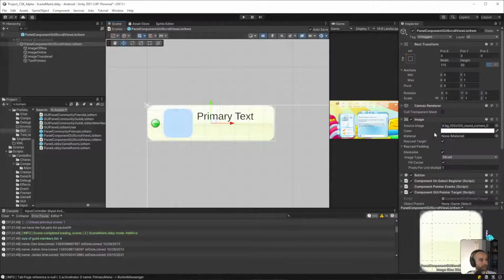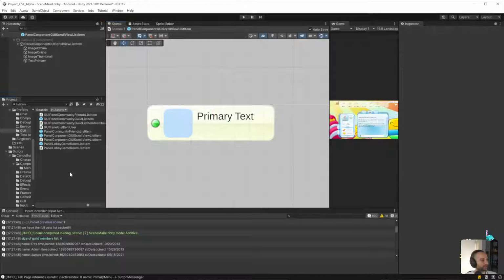Yeah. Okay, so I'll duplicate this prefab, rename it, and then use that prefab because I'm going to make some adjustments to it. That's how I made the guild one too. All that core functionality is there in the base class that this extends from. Because they all extend from the same base class, I can pass them around as the base reference object. It's not exactly the same, but it's very similar to how you would use an interface.